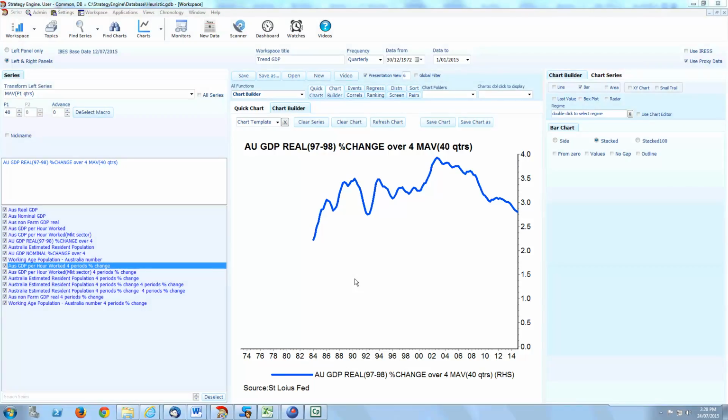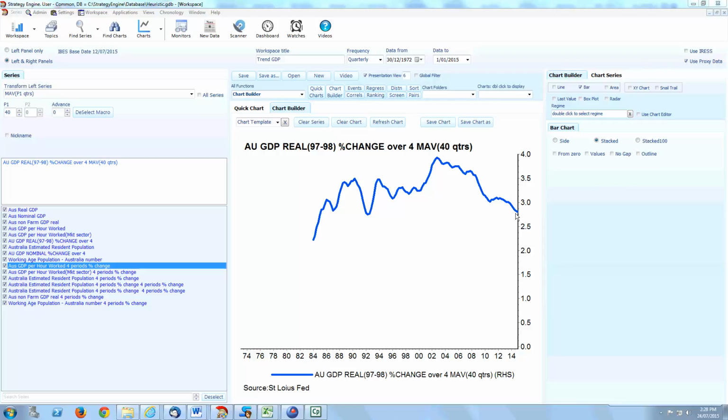There's been a good deal of discussion over the past couple of weeks about Australia's growth rate and whether the potential growth rate in Australia has declined. This was raised in a recent speech by RBA Governor Stevens just this week, talking about whether growth has actually slowed. As we see on the chart here, the blue line shows the 10-year moving average of annual growth